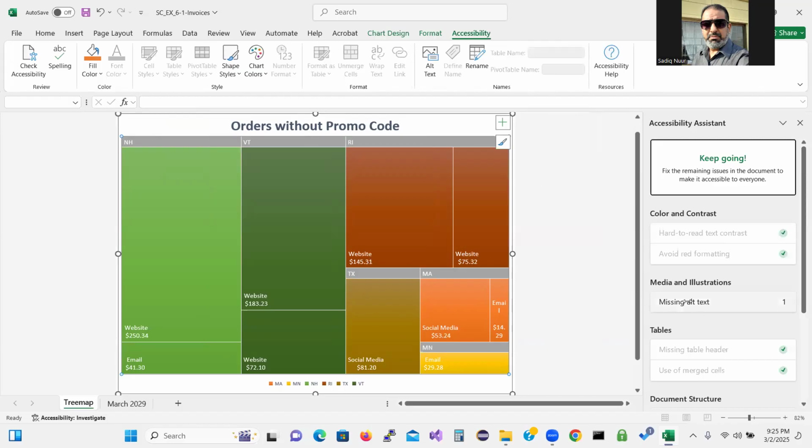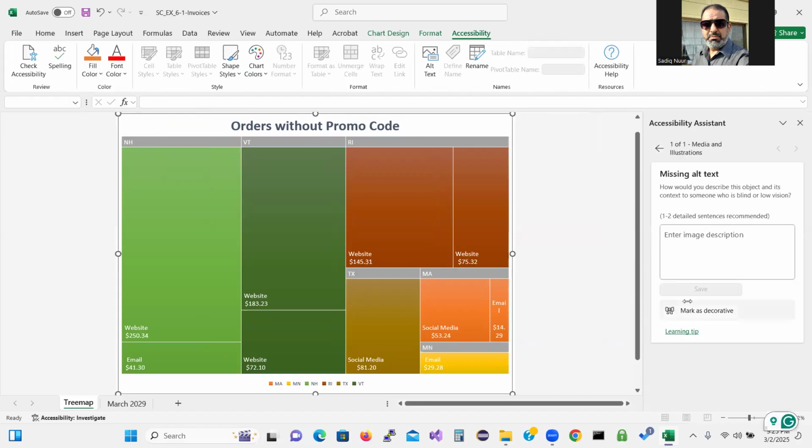They say the alt text is missing, so click on it and type the message: tree map showing the orders without promo code,